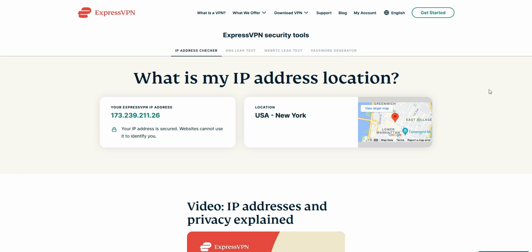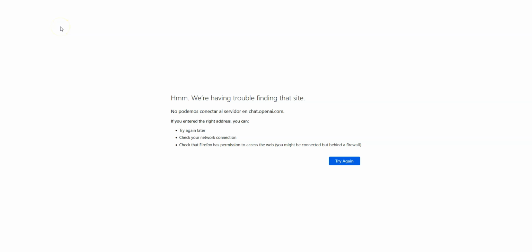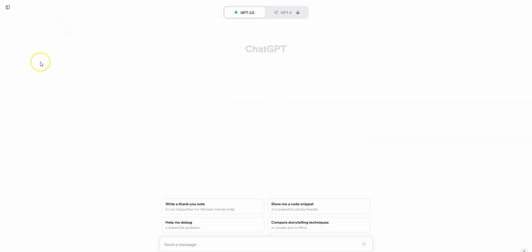I've been able to change my IP address in just a few clicks. My internet service provider can no longer see what I'm doing. It no longer has the ability to monitor my activities or prevent me from accessing ChatGPT. I refresh this page, and there you go. I have access to ChatGPT. I can now use the service. This is how you can use ChatGPT in any African country.